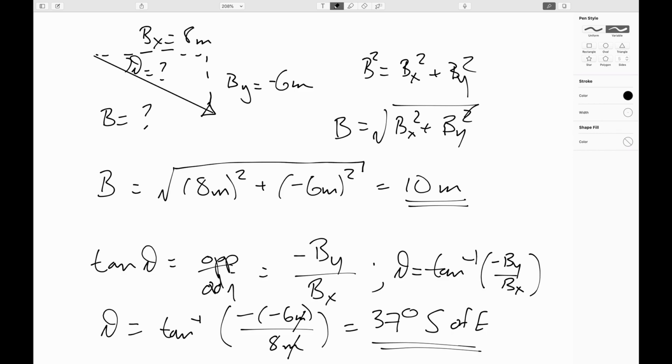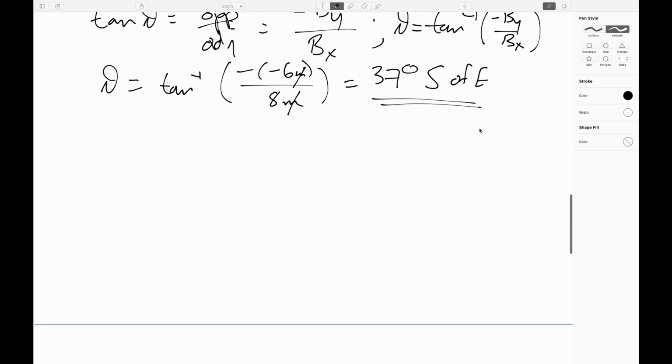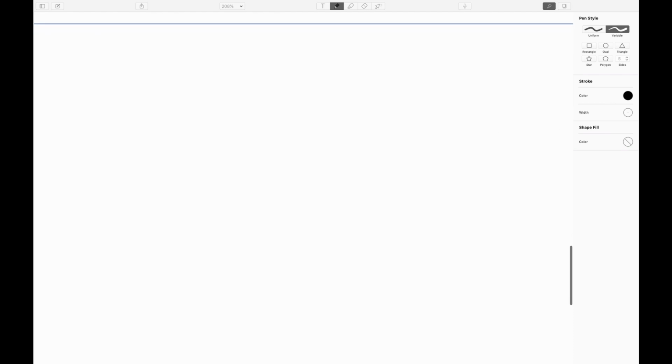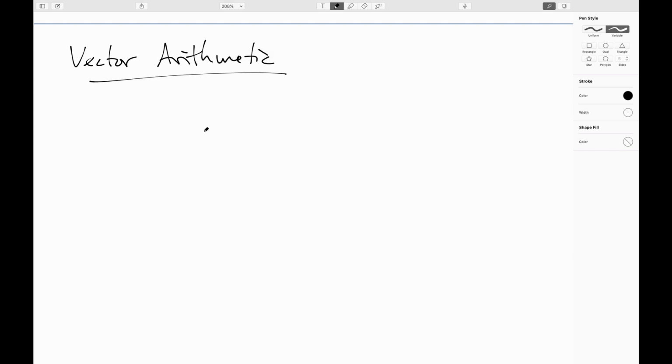Okay, so what's all that good for? Let's say that you want to do some vector arithmetic. It turns out that vector arithmetic in components is very straightforward to do. So let's say you have a displacement, and it turns out that